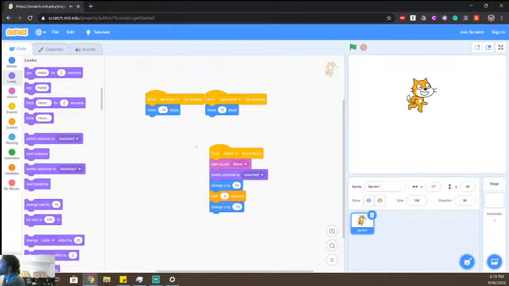So he looks like he's jumping, but our problem, of course, is that when he jumps down, he hasn't switched back. And that's because we didn't say that. We can see we're saying switch to costume 2, but we haven't told it to switch back to costume 1. And again, that's code being very, very specific. You have to say exactly what you want to happen or it won't happen. It's super literal. So I'm going to put that under the wait. I'm going to say switch back to costume 1. So now if we try that,